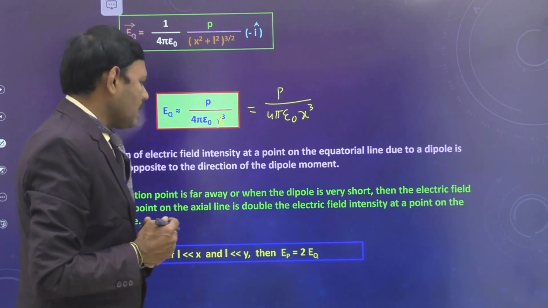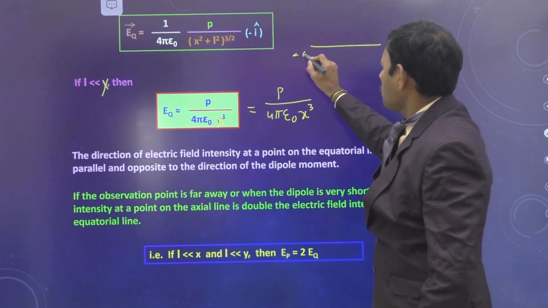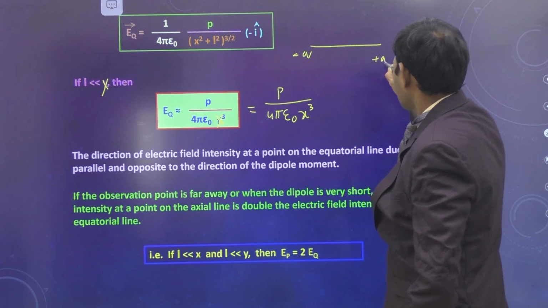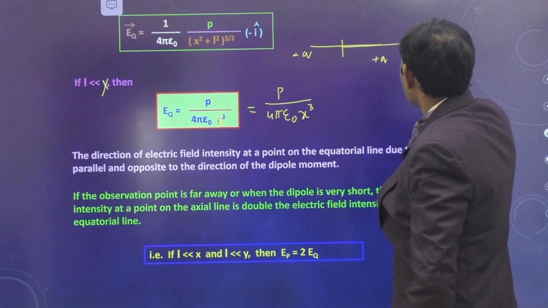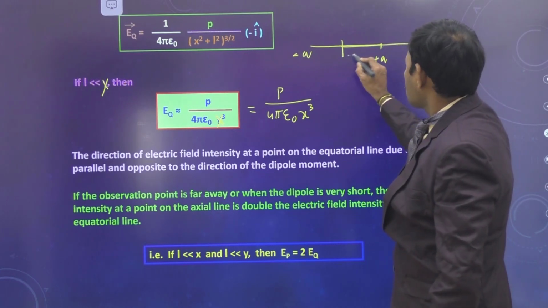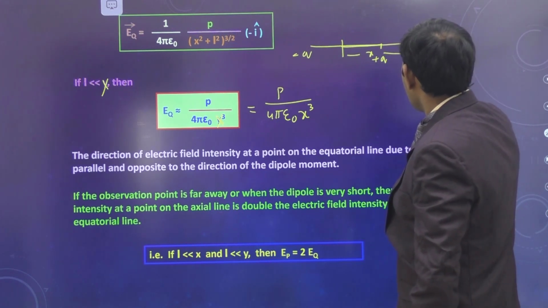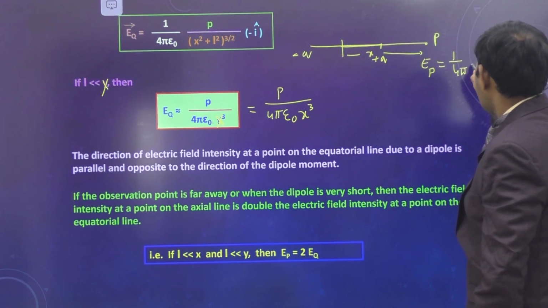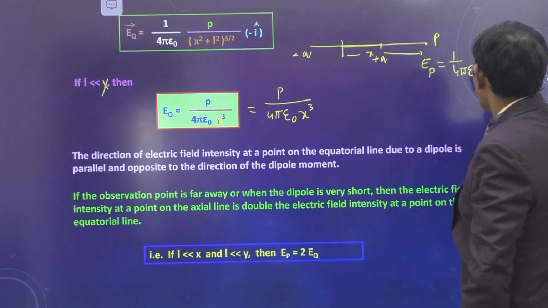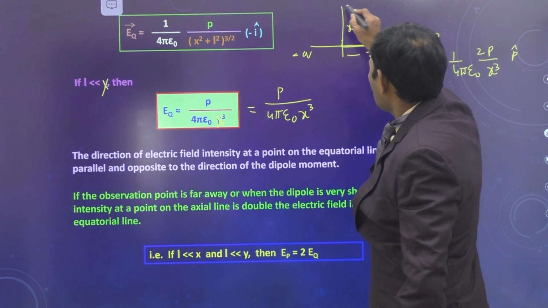If we consider a dipole having minus q and plus q, suppose P is a point on the axial line at a distance x, then the electric field at point P is given by 1 by 4 pi epsilon naught, 2p by x cube, along the p cap direction, whereas at the same distance x on the equatorial line,